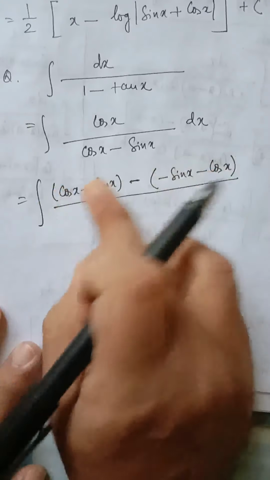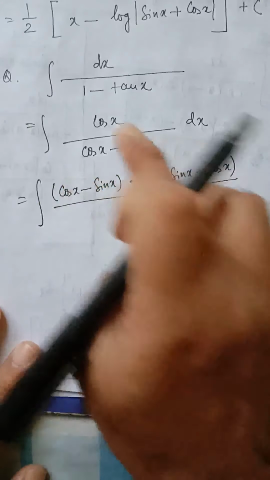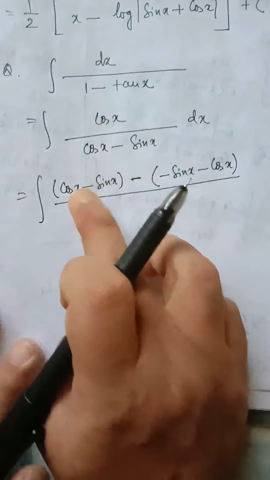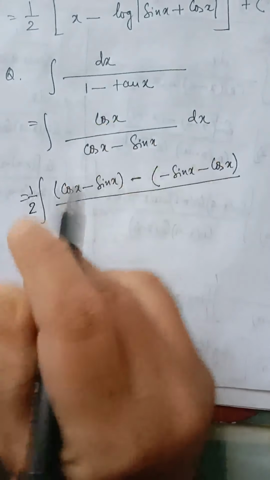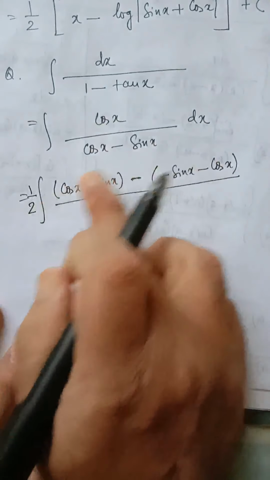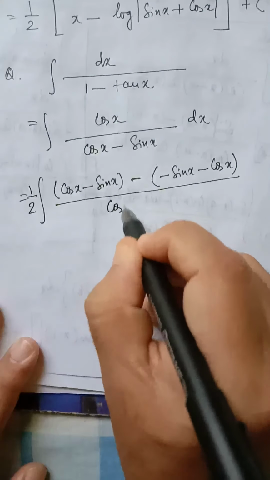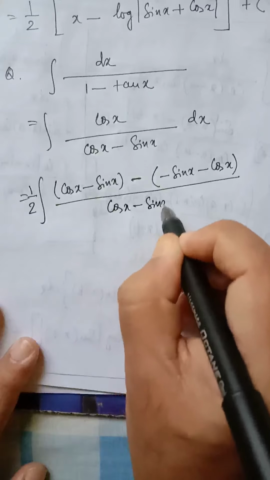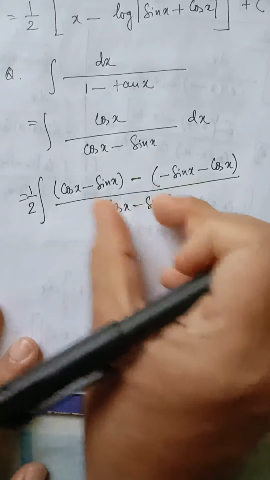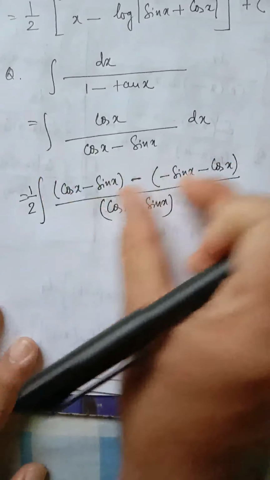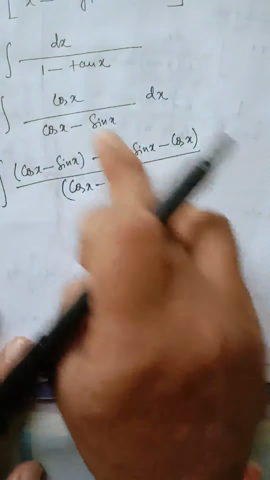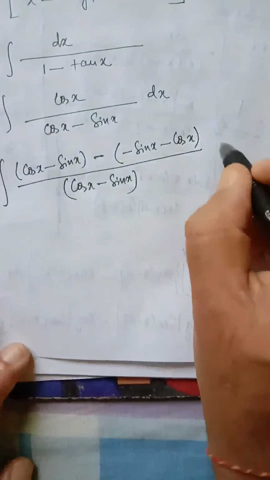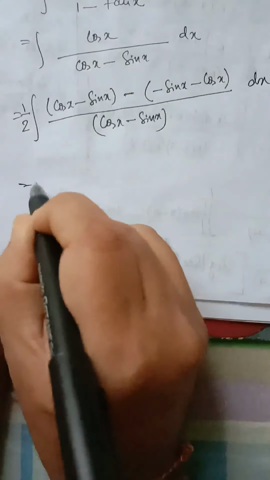If we write this, this becomes 2 cos x, but our actual numerator is cos x, and here we get 2 cos x. To adjust, you have to write half here. Half into 2 cos x, 2 and 2 will get cancelled. So this is a very important step. How have I written this step? First I have written the denominator, then the derivative of the denominator, and then I have adjusted. I have to check whether to put plus sign or minus sign to get this. Okay.